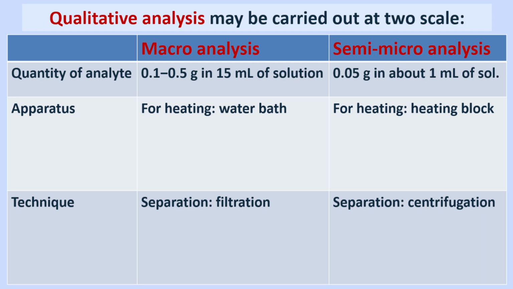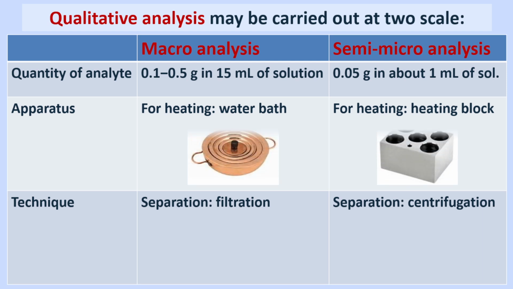Thus, if the unknown sample is limited in quantity or involves hazardous chemicals for detection, semi-micro analysis becomes more useful than micro analysis. Additionally, they differ in terms of apparatus and equipment used for the analysis. For example, in micro analysis, a test tube is used for testing and a water bath is used for heating the solution in the test tube. In semi-micro analysis, a semi-micro test tube known as SM tube is used for testing and a heating block is